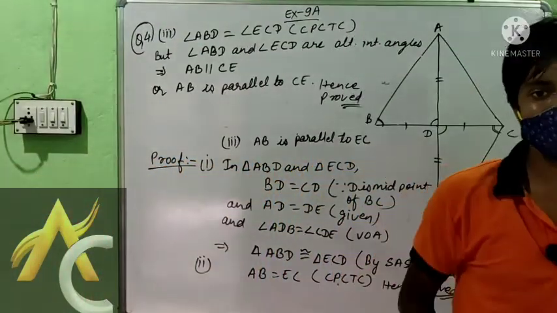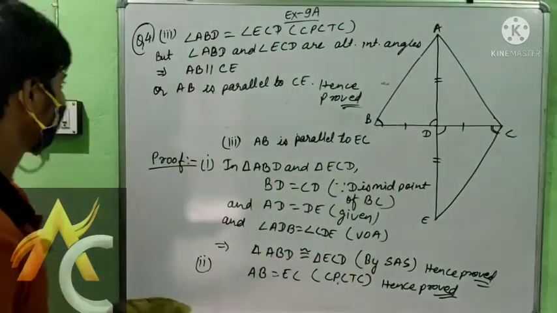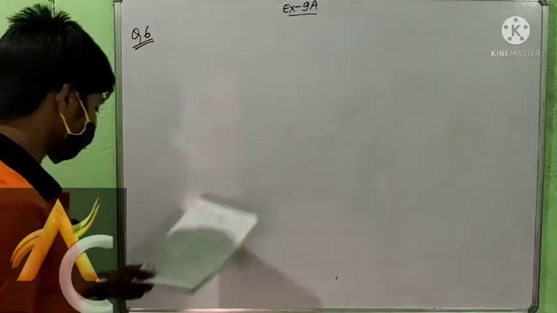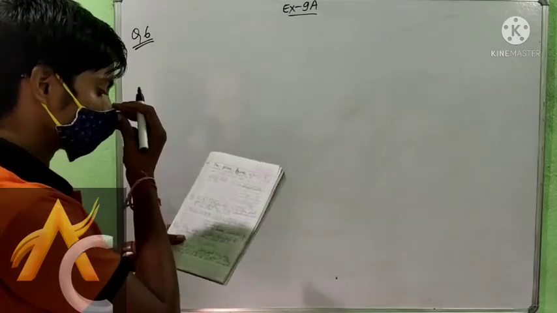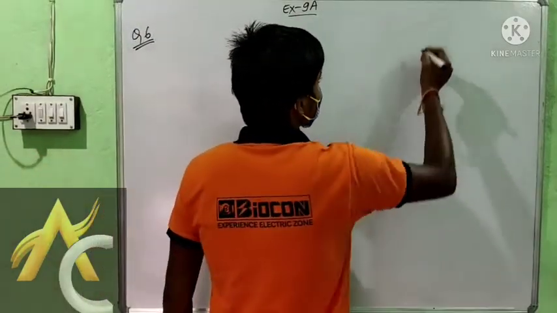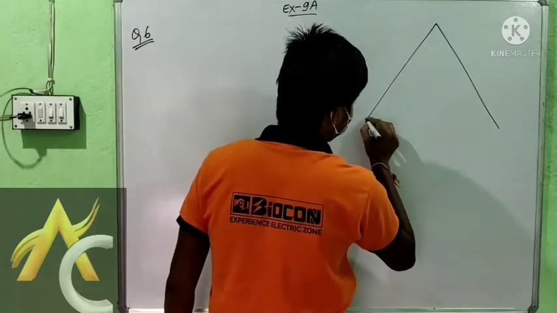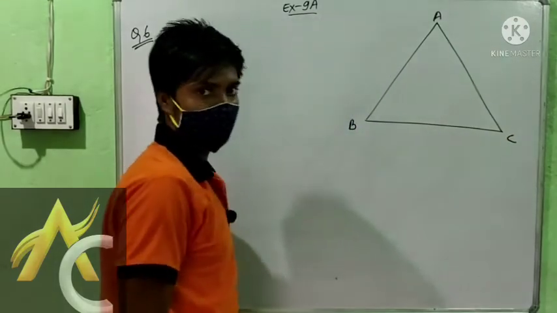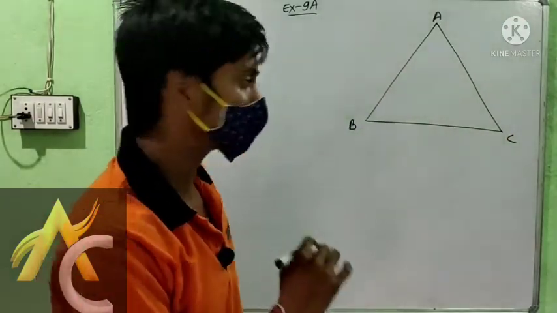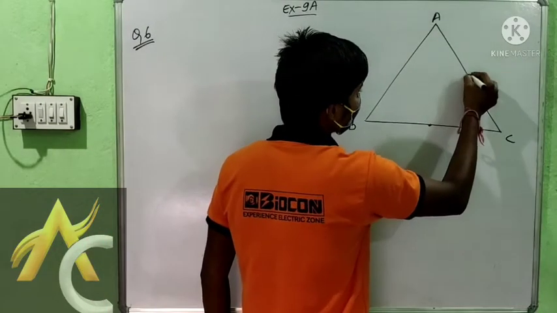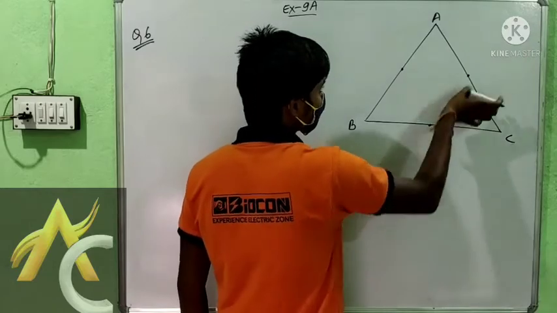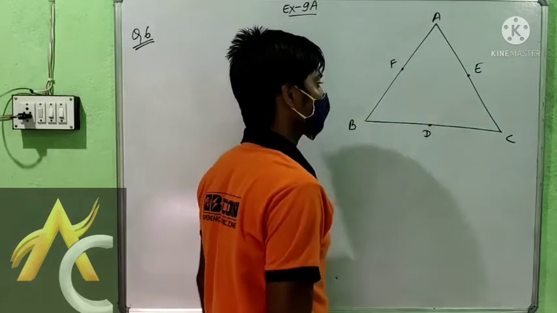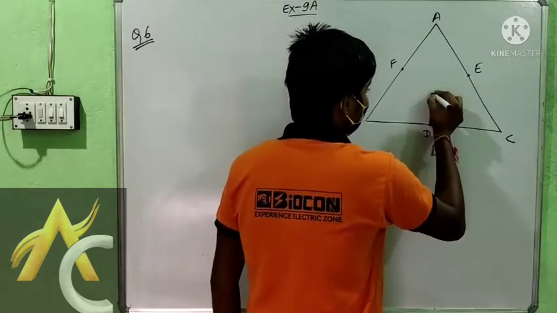Now we are going to solve question number 6. Question number 6 is the perpendicular bisector of sides of ABC meet at I. So there is a triangle also, ABC, and it is given that perpendicular bisector of this triangle meets at I. So let us consider that these are midpoint of side BC, AC and AB respectively, D, E and F, and we are going to draw a perpendicular bisector like that.